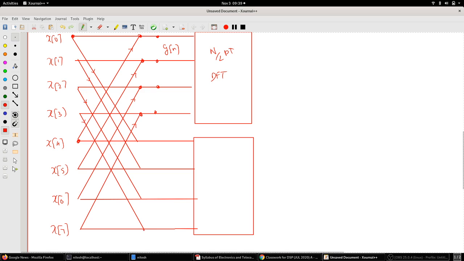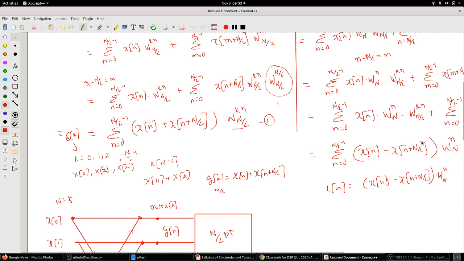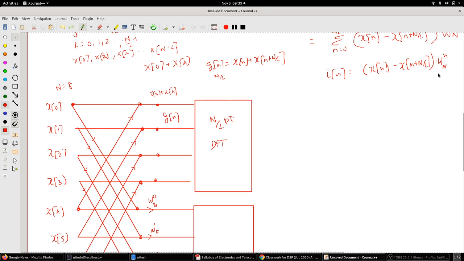So this here is multiplied with W0 of n here, which is 0 till 8, right? W0 of 8, this is W0 of 8, this is multiplied with W1 of 8, this is multiplied with W2 of 8, and this is multiplied with W3 of 8, which is your this term Wn of n, okay.